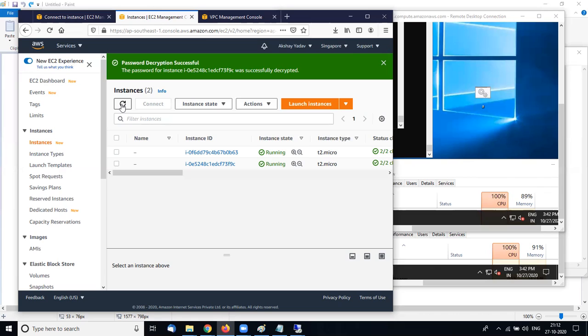Auto scaling creates some instances in parallel, and then when it goes to 50% again, the auto scaling group creates one more instance.